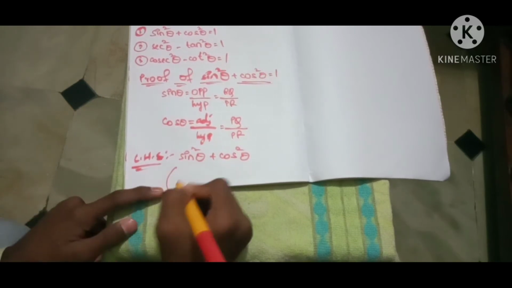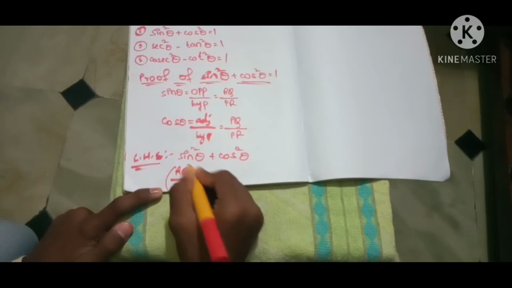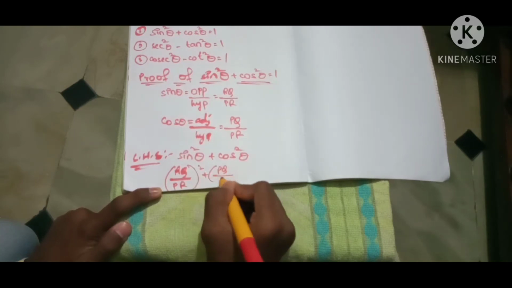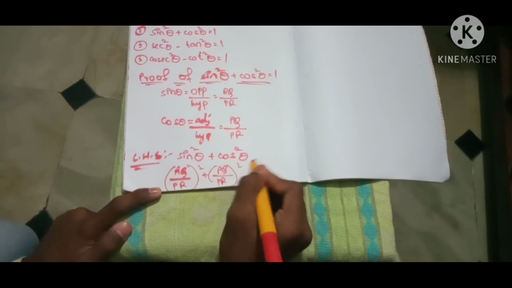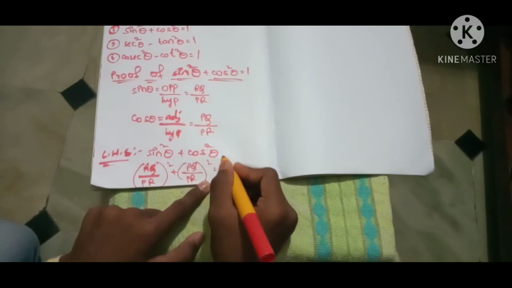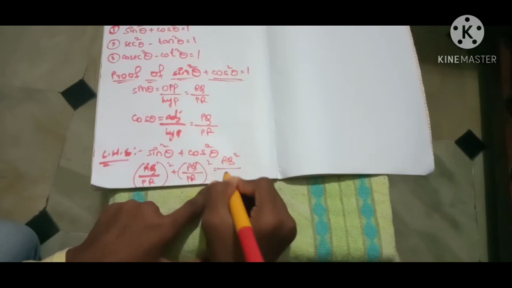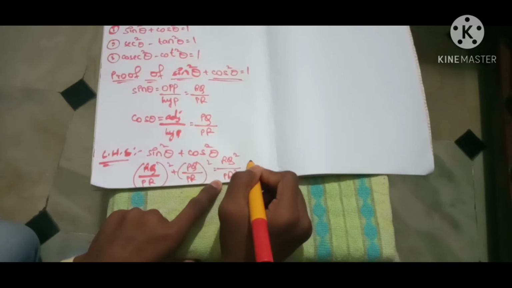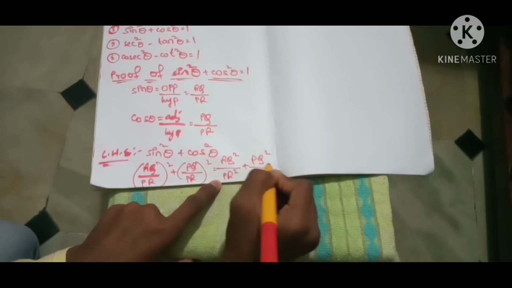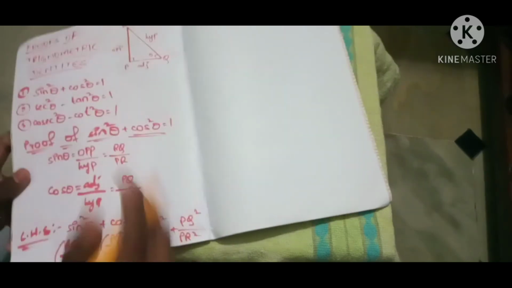Like this, we derive RQ by PR whole square plus PQ by PR whole square, and this is equal to RQ square by PR square plus PQ square by PR square, and this is equal to